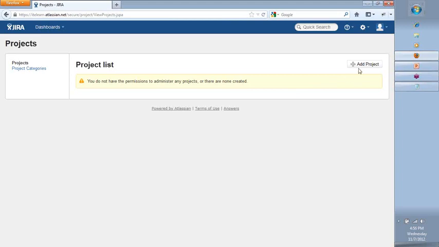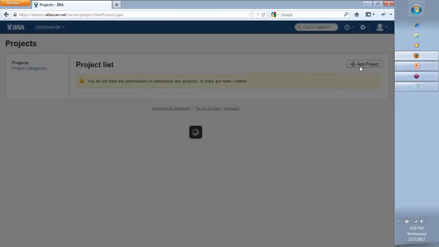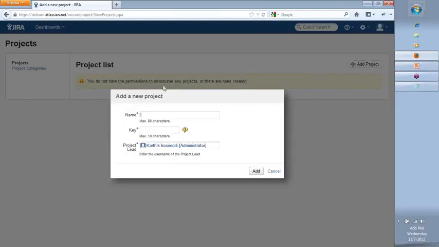So I could click on add project and start to work with it. As you will notice, there are different permissions that need to be created. Unless you have the specific permissions to create a project, you will not be able to do it. So let's say that I create a project name and say ITE Learn